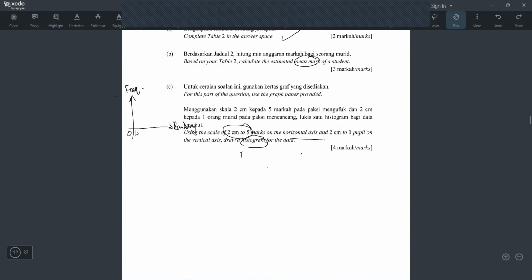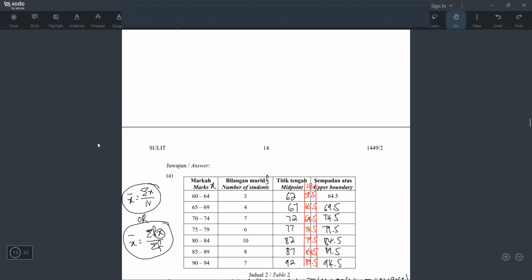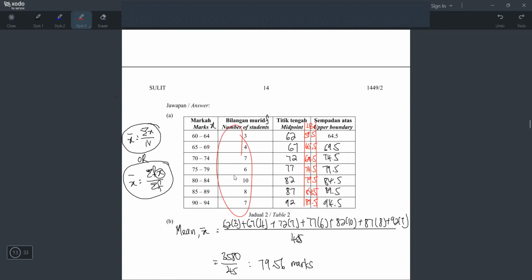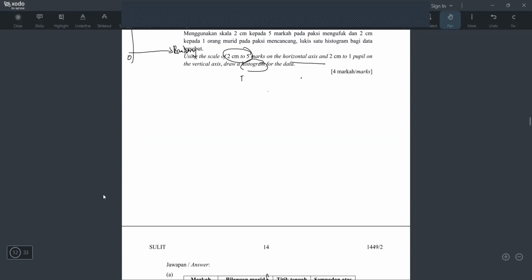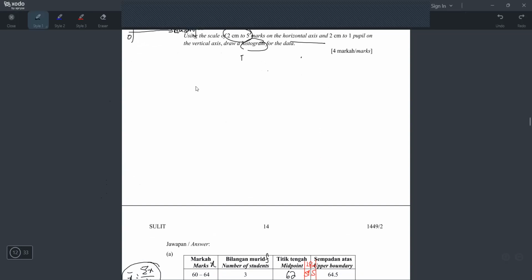Kalau histogram, you have to use boundary for x-axis, frequency. Frequency sudah ada lah. Inilah frequency. Okay. Tapi boundary saja yang tak ada. Dia sudah cari apa boundary lah. Tapi you kena cari both sebenarnya. Lower boundary pun kena ada, upper boundary pun kena ada. Sebab kalau you tak ada nilai ni, macam mana you nak tahu x-axis nanti letak berapa? Sebab x-axis guna boundary. Okay, so now we can draw our histogram.